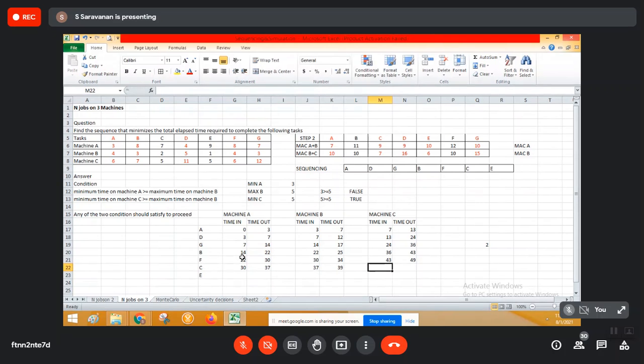Similarly here, even though at 39 the machine B has completed, machine C cannot take that activity because it is still processing. So we can take only that 49 minutes. 49. So now the activity time for C 5, right? So 54. Right? So activity C is completed. So only one activity is left, that is E. So now it enters at 37.